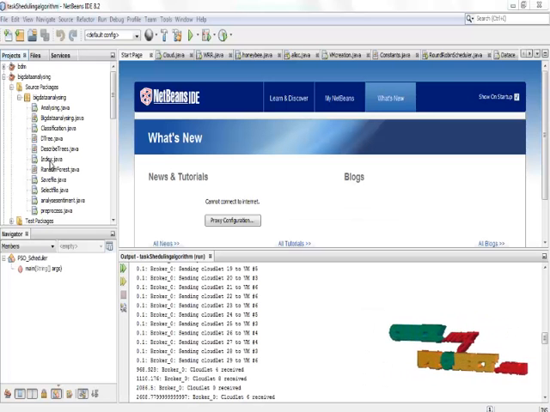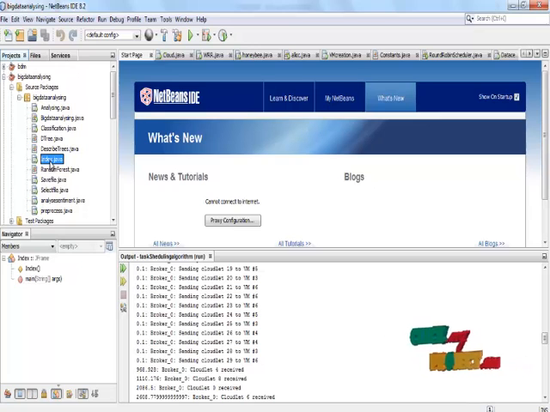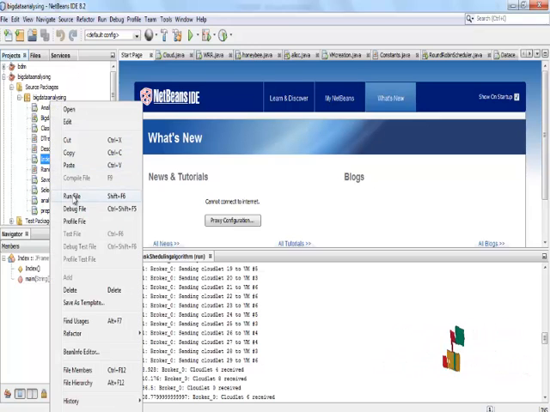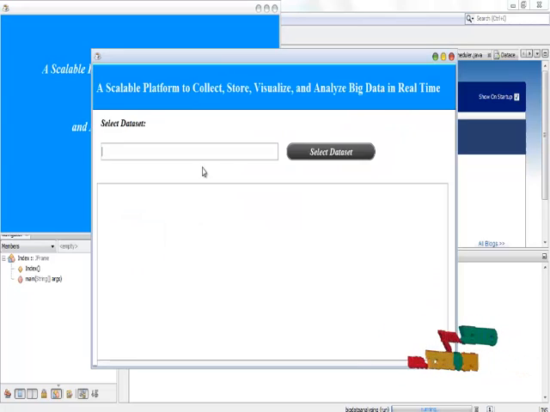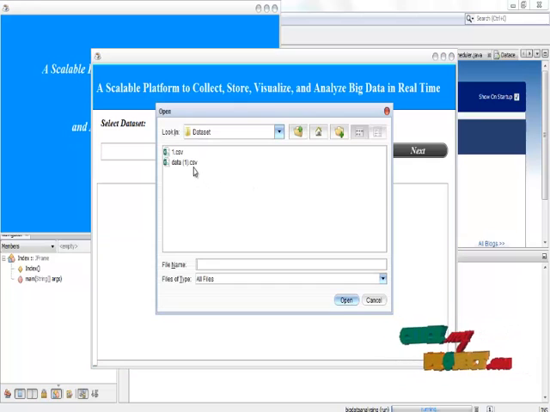Here we run our program. First we run this file, index.java. Right click and run this file. This is our project title, a scalable platform to collect, store, visualize and analyze big data in real time. Click the next button and click this select data set button. Click our data set, open here,